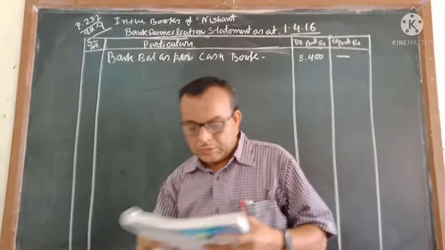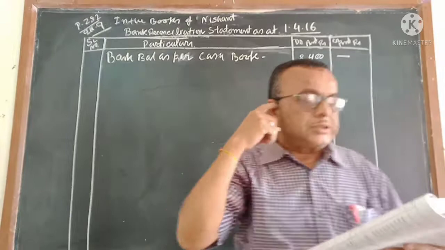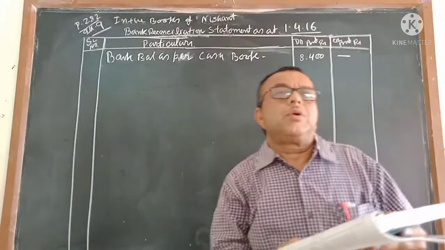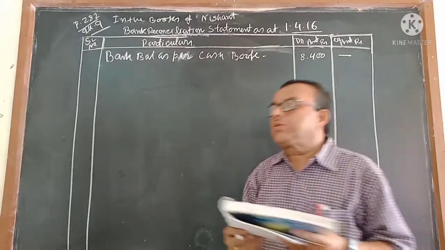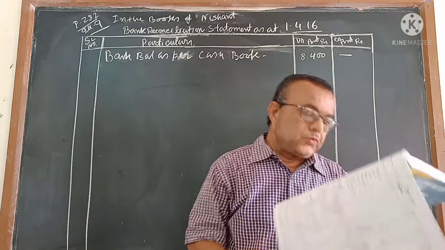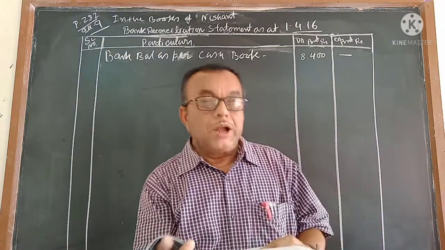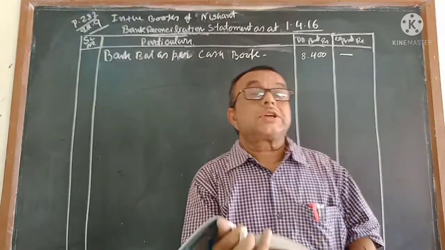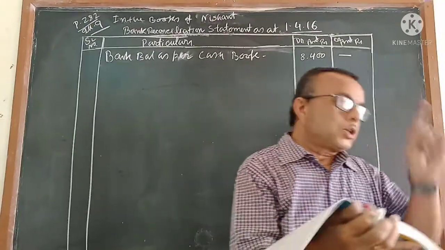Correct? Now the question is, the balance is given in the credit column, but you wrote it in the debit column. This is CF, and when I taught you the ledger, at that time I told you CF is not your balance, BF is your balance. So 8,400 is a debit balance. Now what we will do, we will compare the two columns at a time. One is the cash book debit column and the passbook credit column.